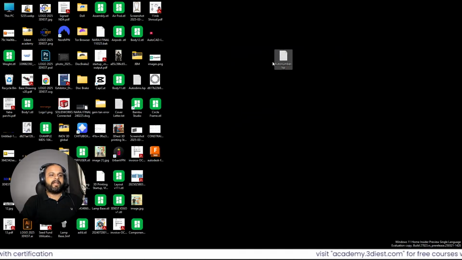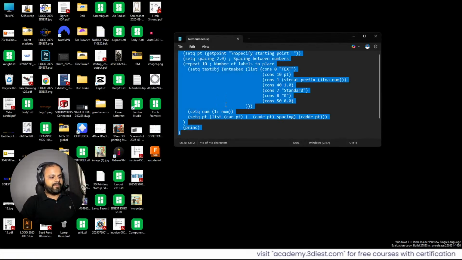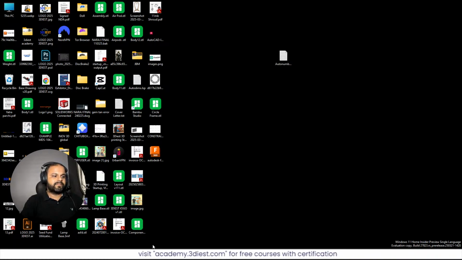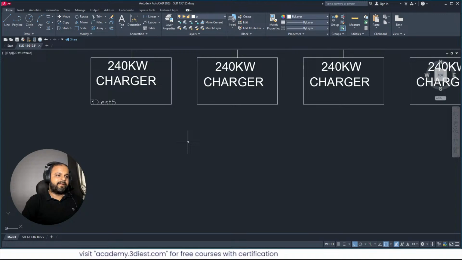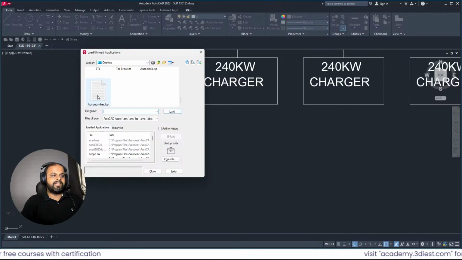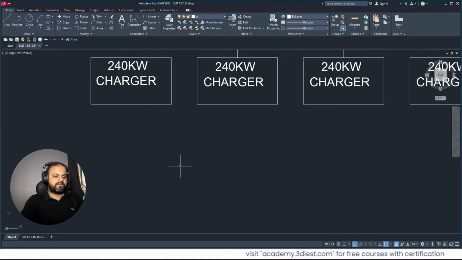We'll again copy it, paste it into that file, and replace it. We'll click on save, close. We'll move back to our AutoCAD, right? We'll delete this one. We'll click on load. Same process all the time. Whenever you are revising your LISP command, you have to repeat the same process. We'll click on close, auto number 3 dash, and this time if you click on this corner, first number created,